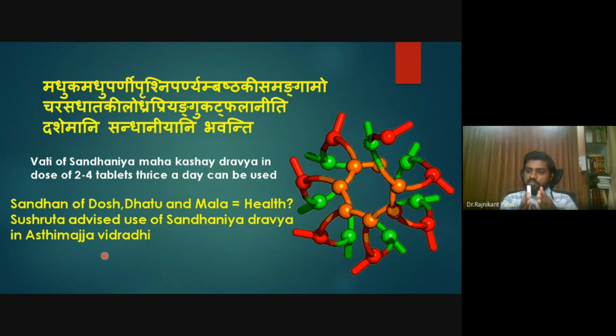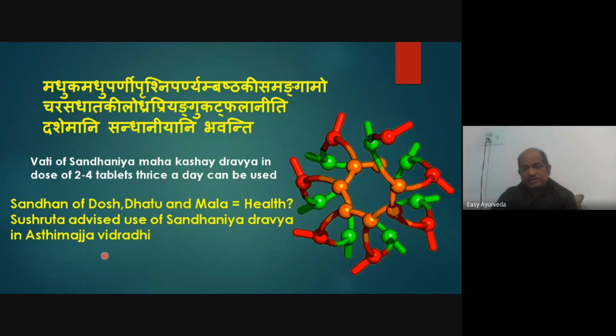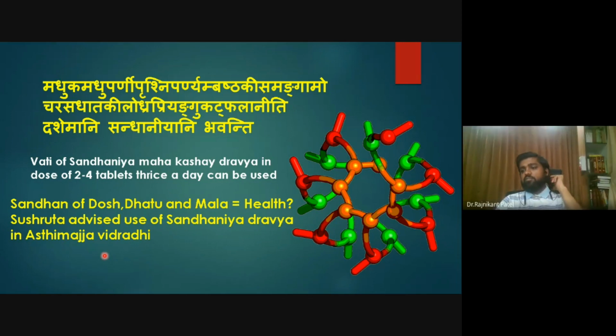If we wait for 7 days to do Ama Pachana or to make a Nirama Avastha, then this damage will be more. In other conditions, I am telling. In a condition where Ama is there, we definitely give Musta Siddha Jala or Sunthi Siddha Jala. Where Agni is low, we give Deepana Pachana Aushadhi. We use this in ulcerative colitis also, in loose motion also, and we can also use it in infertility, where we need to do Santana of